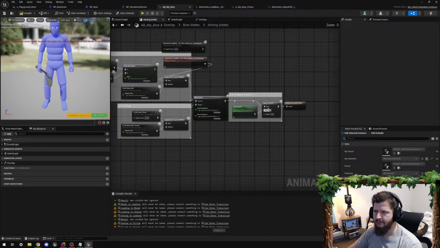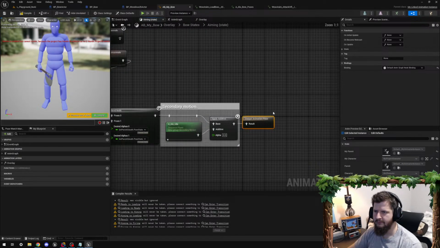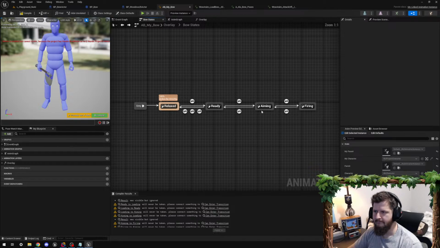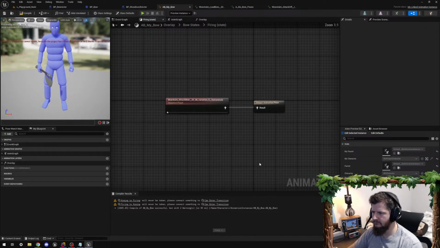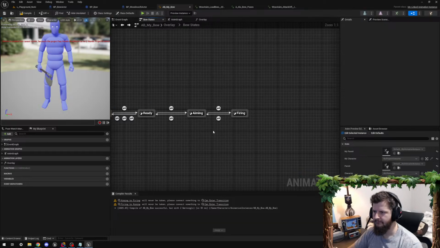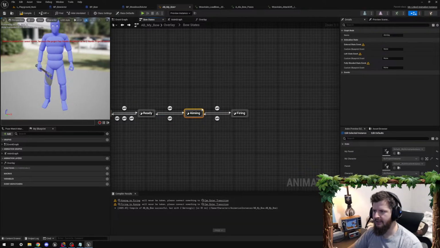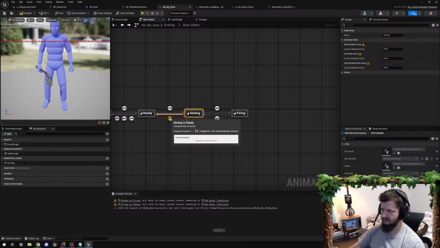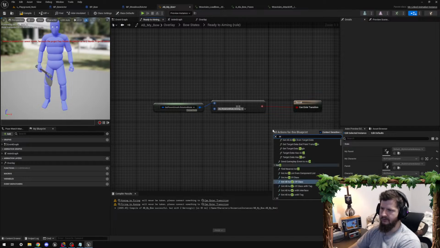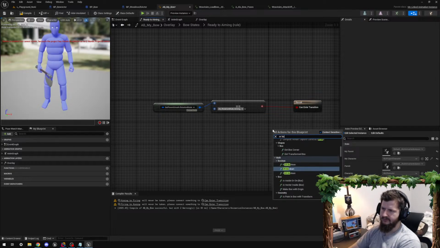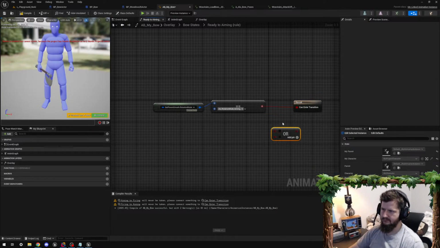Confuse. Okay, it went away. So I need a flag here. I think I should probably have an OR. I need a Boolean OR because I kind of want a different. Either that or